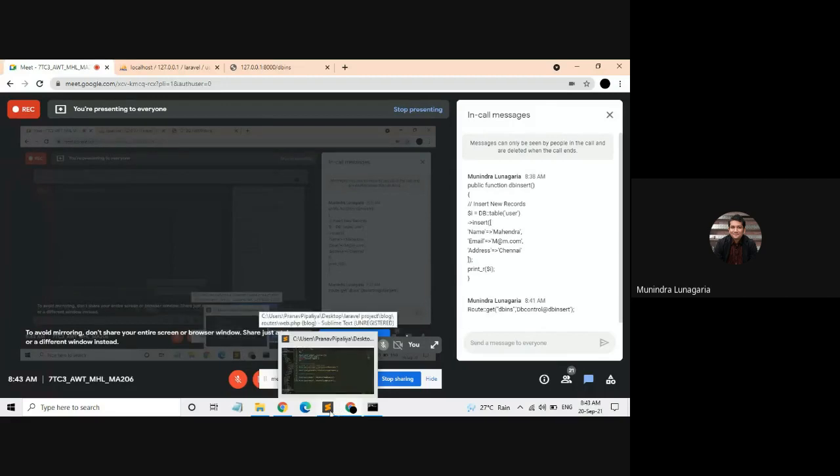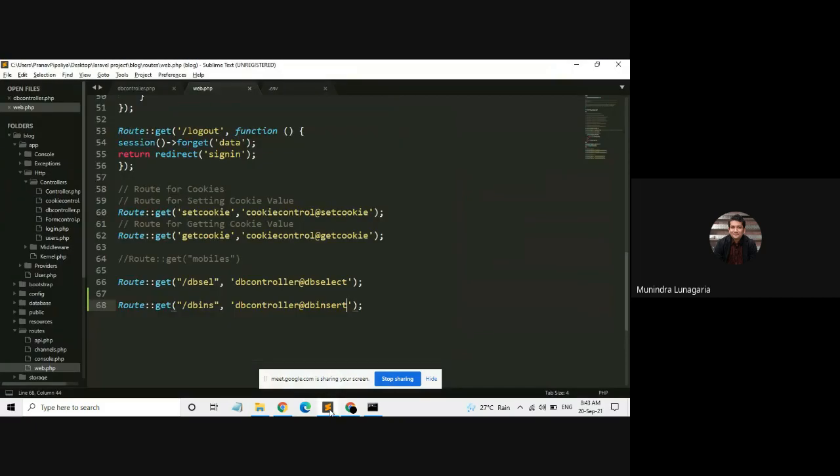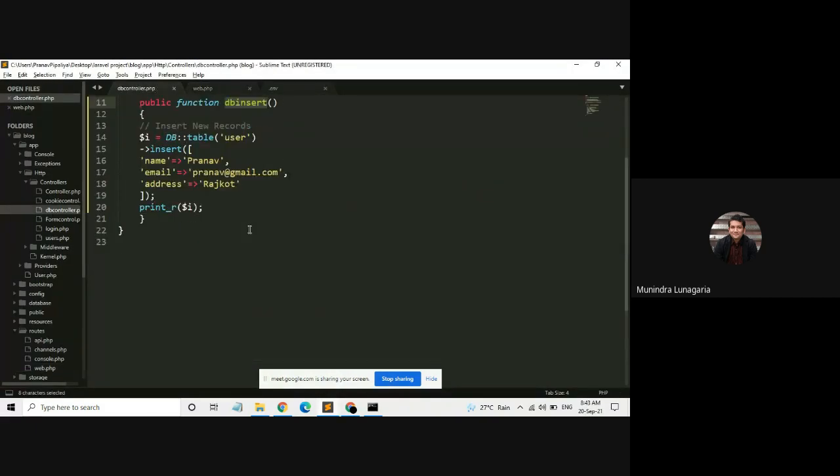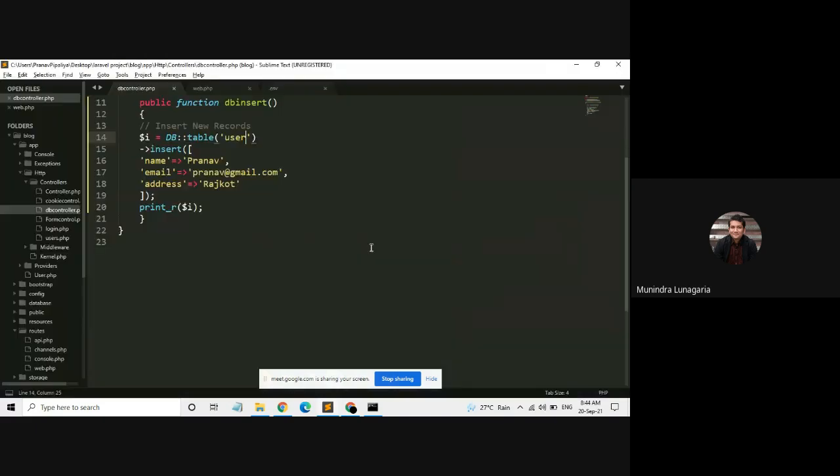Go to the chat box. Kindly copy this and replace it with the db insert function. Take a look at this.